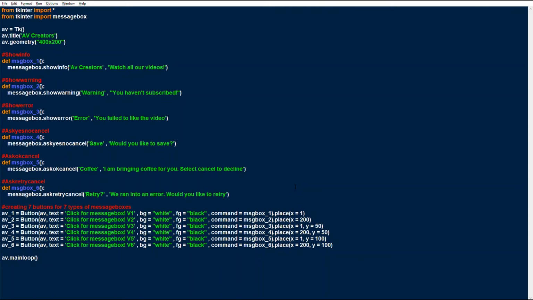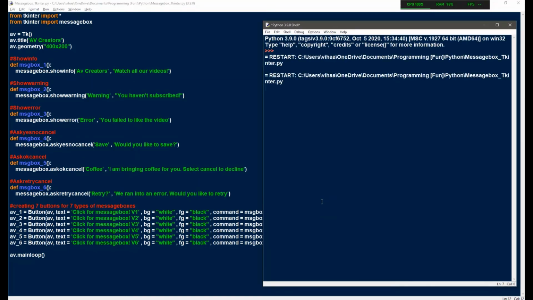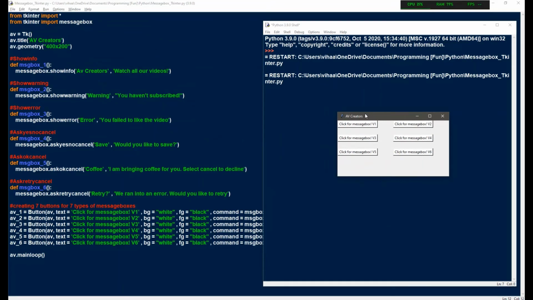Okay, so now I'll do one thing. Actually I will do two things. I will save this file and run it. So let's see how it looks in action. Okay, so I have saved this code. Let's run it. So here we have our 6 message boxes. I will show you through each one of them, and it won't be possible to get all of them side by side because they create the flash, and they create a beep if you try to go to another window when they're open. So first, show info.